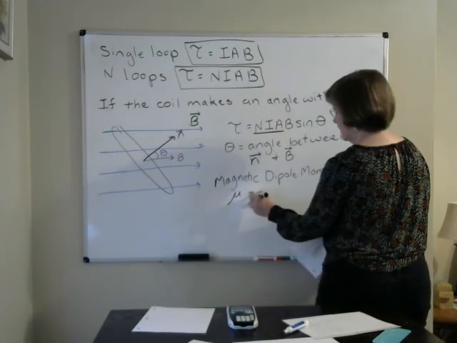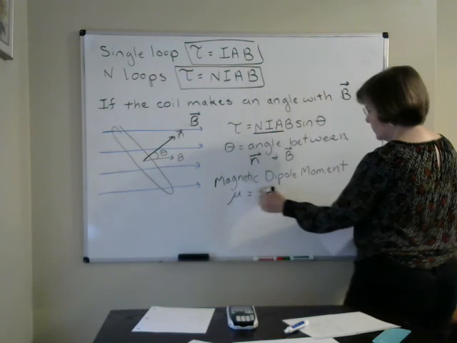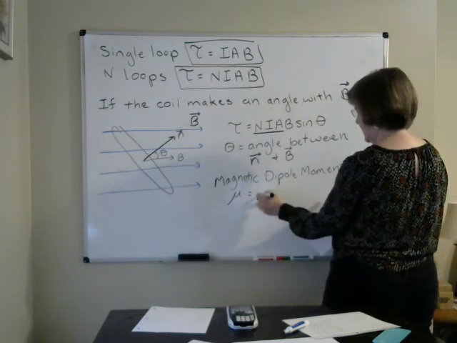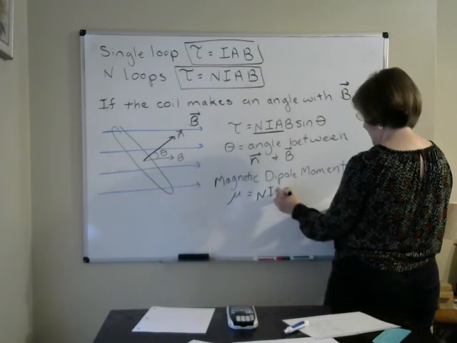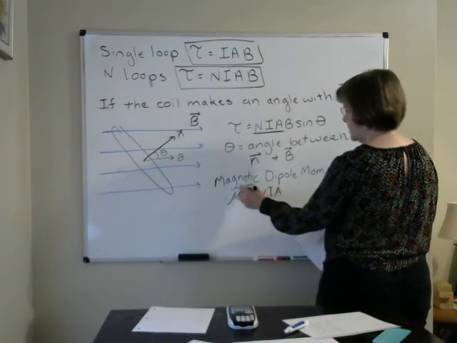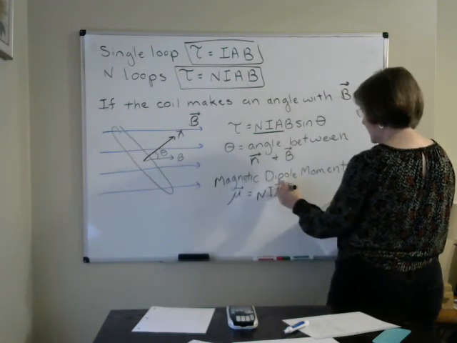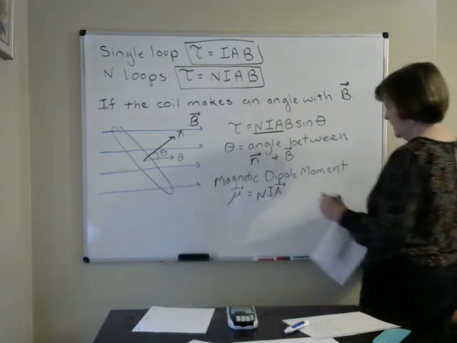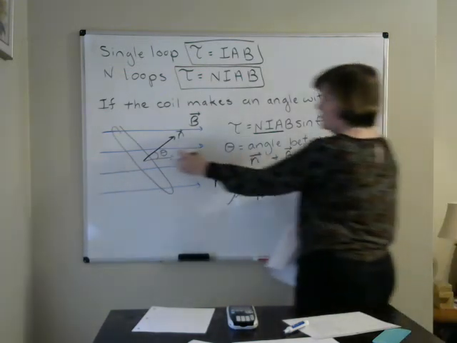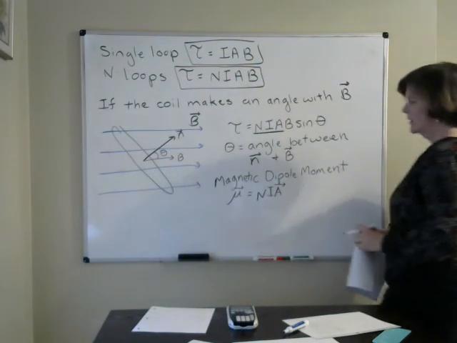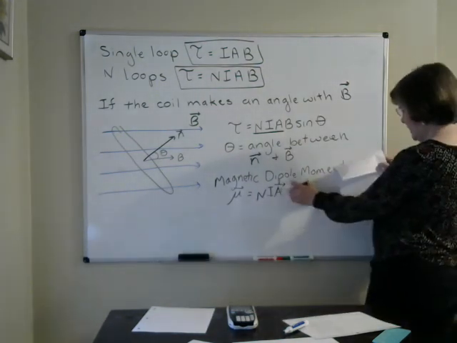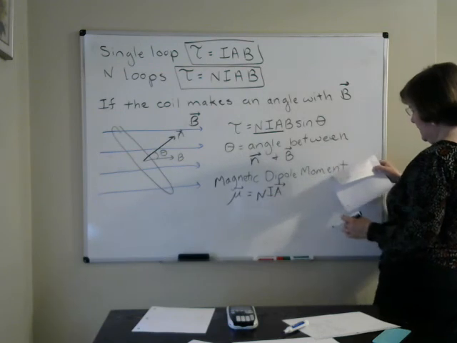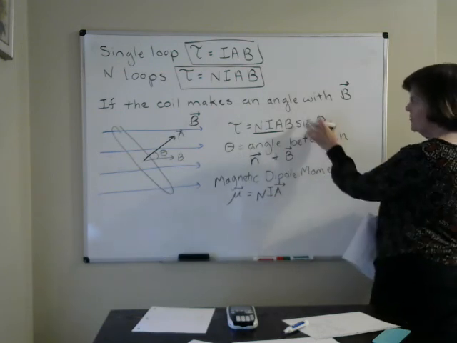That's a little unfortunate because we do use that for a lot of things already, but it's N-I-A. It is considered to be a vector that has the same direction as the area, which really is the direction of that normal. The normal to the area is what they're talking about when we treat area like a vector. In which case that changes this formula to